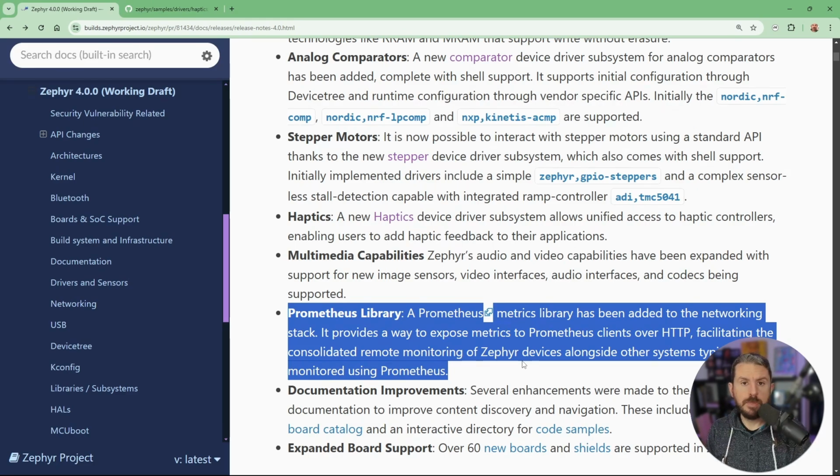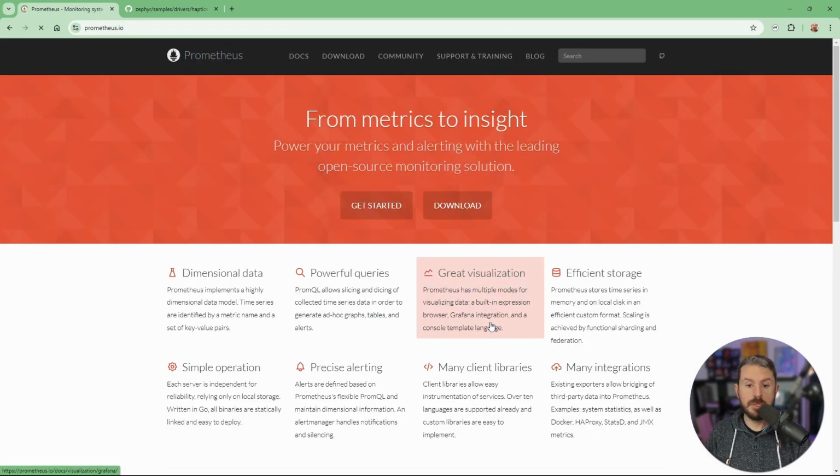There was a contribution made to basically add support in Zephyr for Prometheus, and more specifically have a library and all the APIs, making it easy to expose metrics to a Prometheus metrics scraper, right? And so the idea basically, Prometheus is originally more an IT or even a cloud thing. It's a monitoring solution where you have a pretty